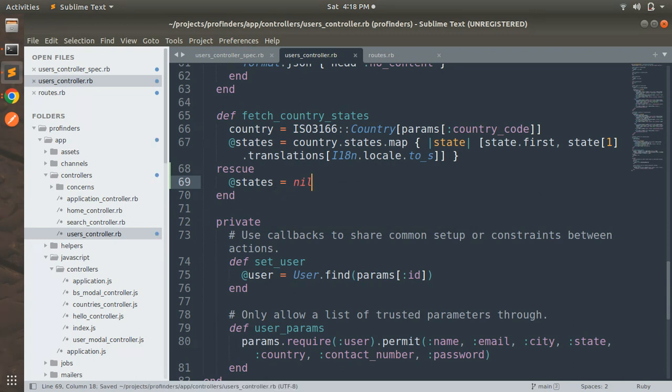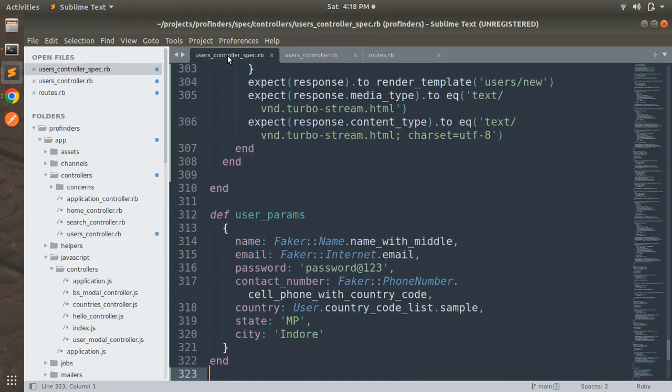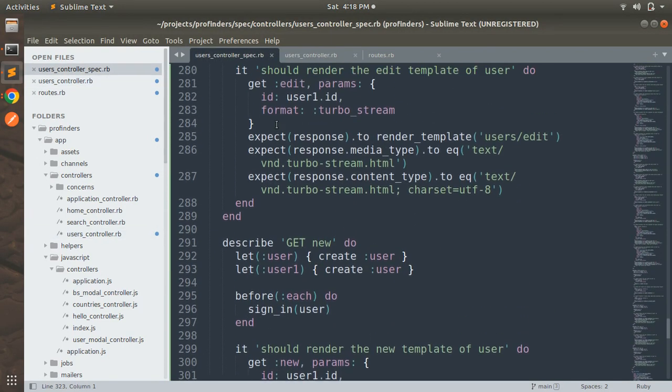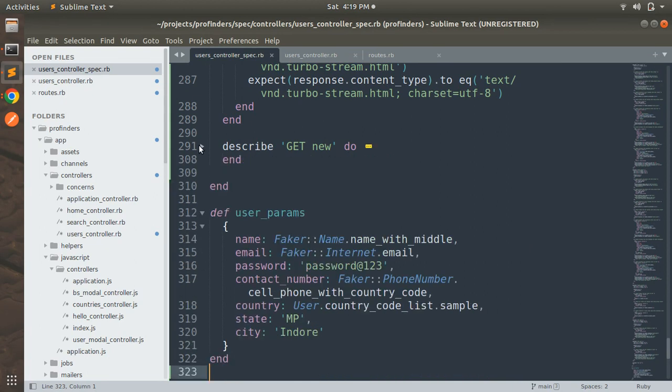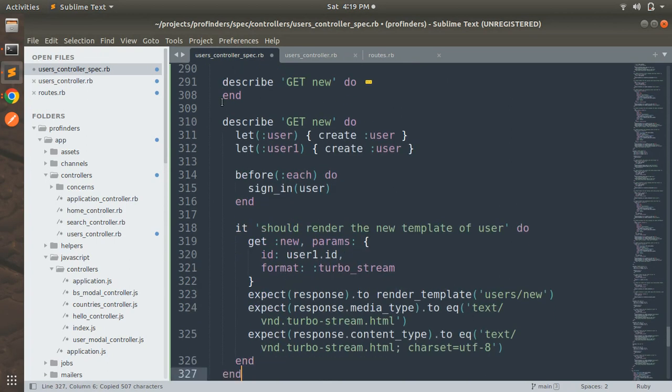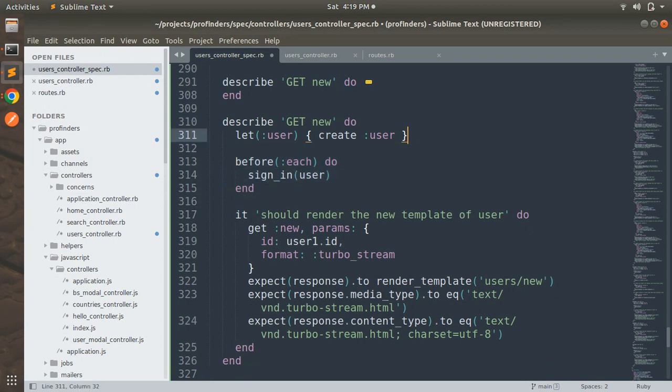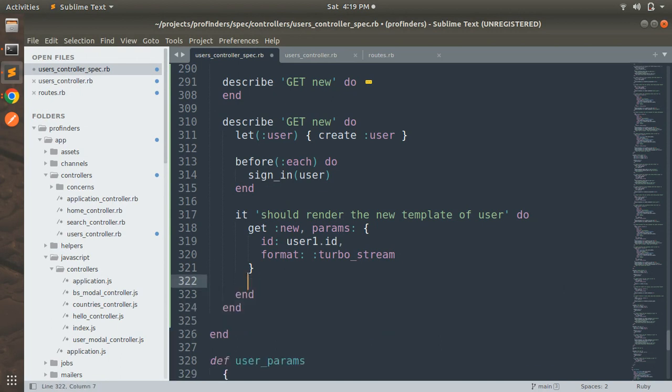Now we need to write a spec for our fetch country state collection method in the users controller spec. So here you can see that this is the users controller spec. Just copy this describe new block, and we will keep some things and remove others from this describe block. First we need to remove this user one, because we don't need that. You can remove this here. And we need this user to get signed into the system, because we have a before action authentication implemented for the user. Now we can remove all these expect statements as well,